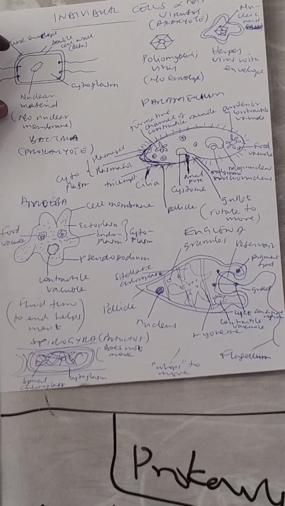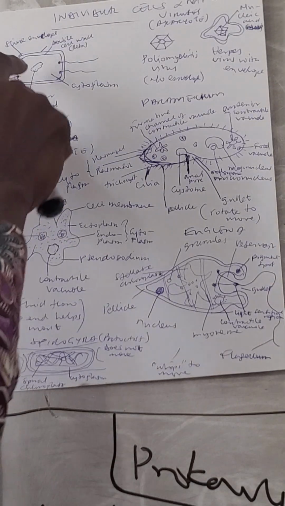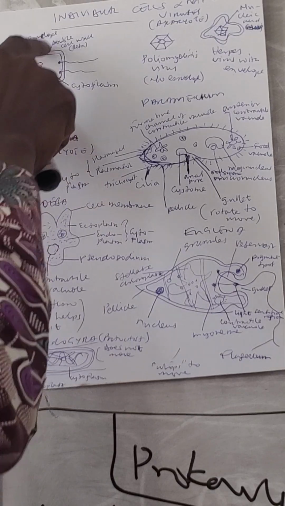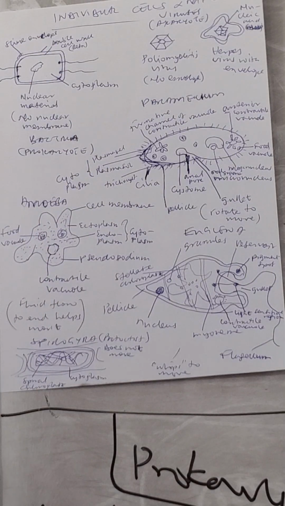So this one, the first one, bacteria, how the bacteria looks like, okay. So in the bacterial cell, this one has two cell membranes, okay, an outer one and an inner one. Between the inner one and the outer one, we have what we call the teichoic acid, okay. Teichoic acid stains with a certain dye we call the Gram stain, okay, but it is very